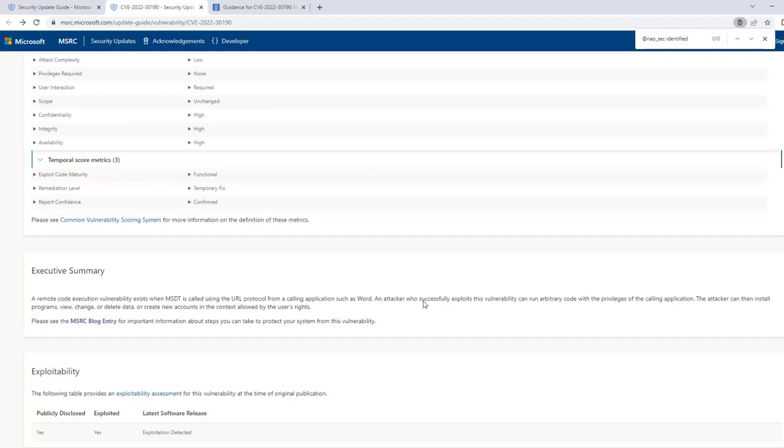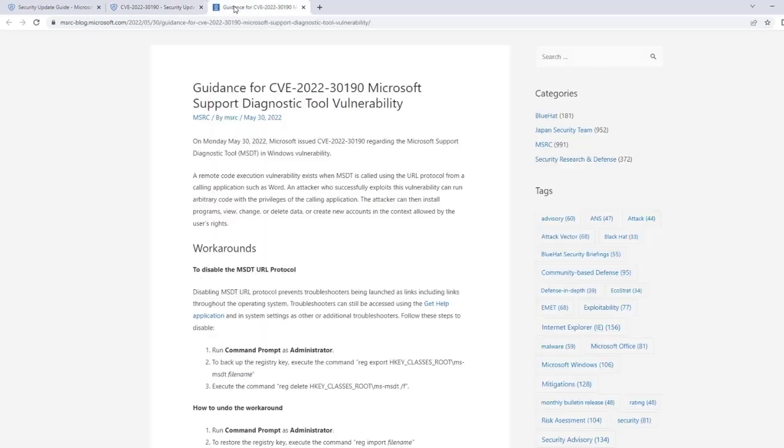An attacker who successfully exploits this vulnerability can run arbitrary code with the privileges of the calling application, and then the attacker can install programs, view, change or delete data, or create new accounts in the context allowed by the user's rights. So if I click on this particular link, I will get more information on this CVE 2022-30190,